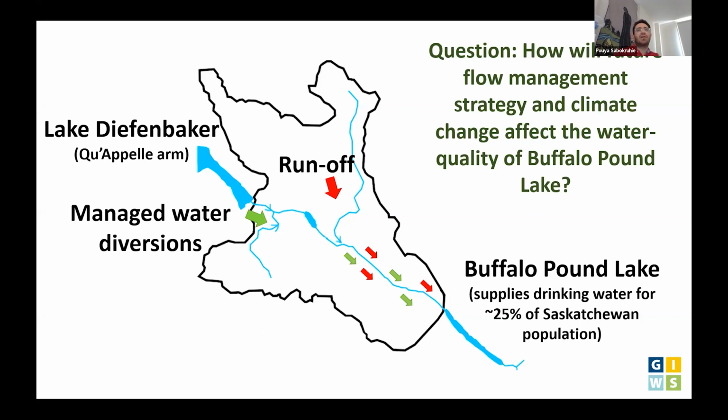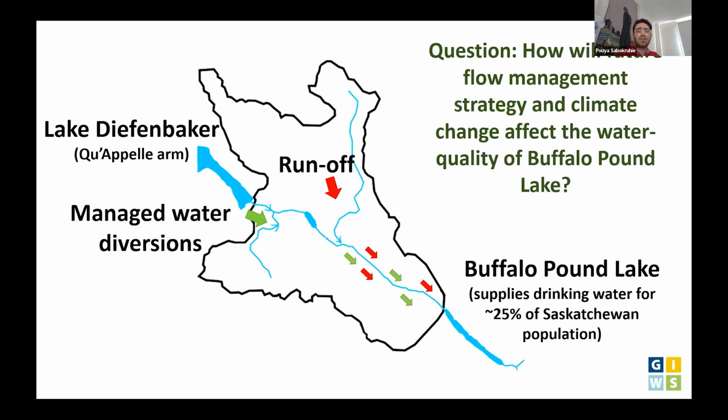So to give some background about the project Julie is working on, Buffalo Pond, as I mentioned, supplies the drinking water for around 25% of the Saskatchewan population. But as you can see on the map, the main inflows are managed water transfers from Lake Diefenbaker, but during flood events, it also receives a large amount of poor water quality from the watershed. So the lake management agencies want to increase the amount of water received from Lake Diefenbaker into Buffalo Pond,